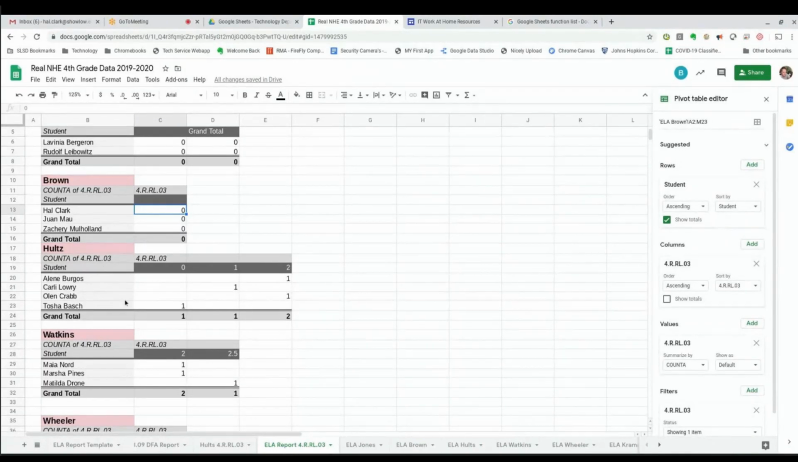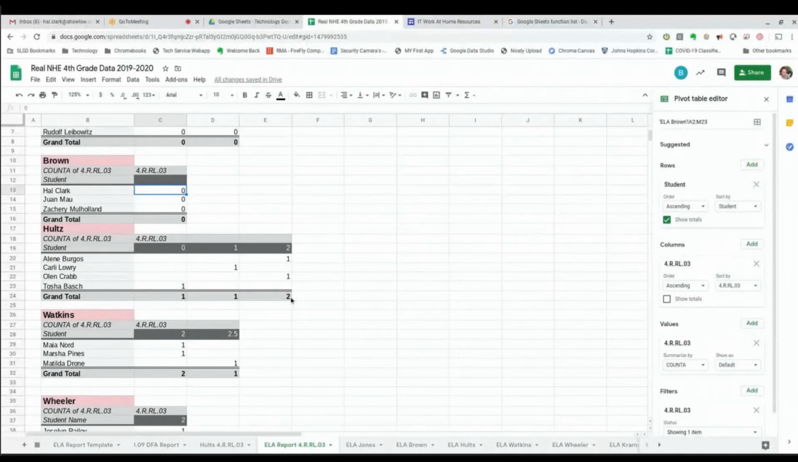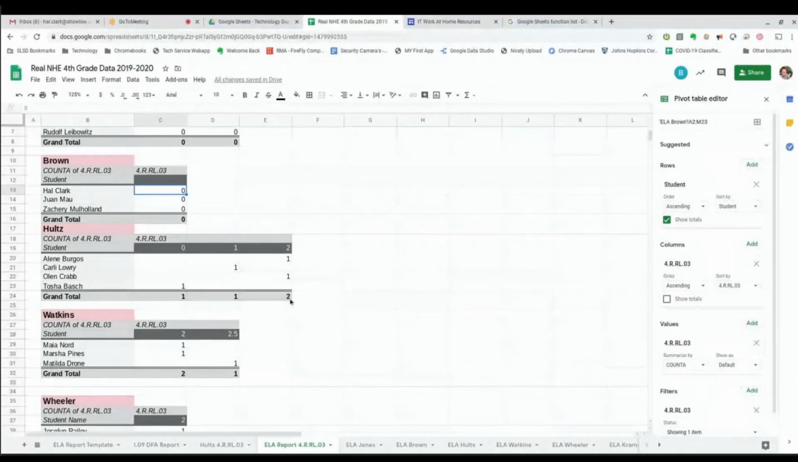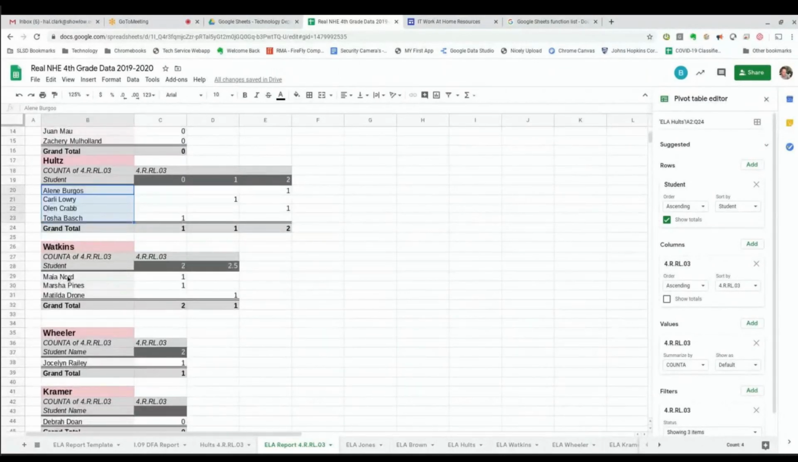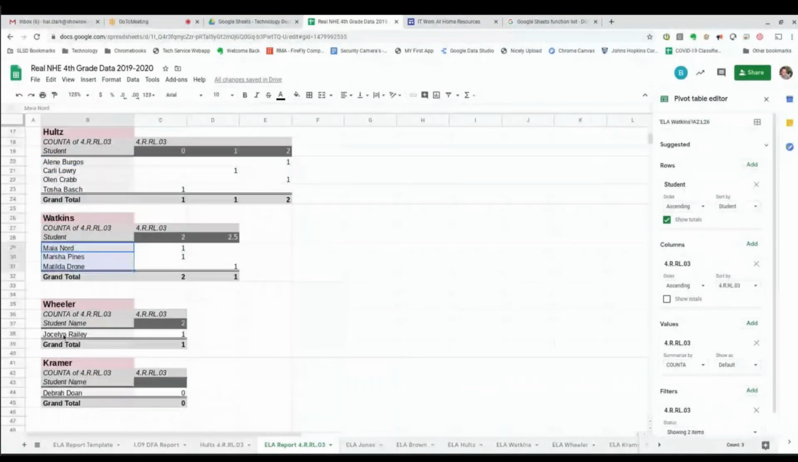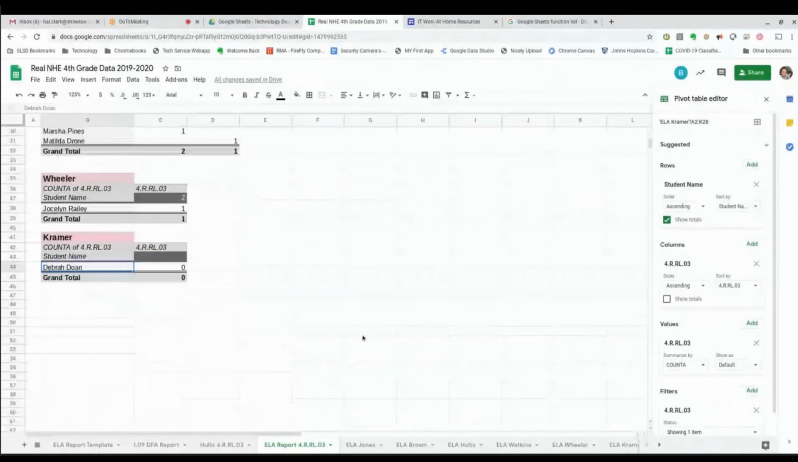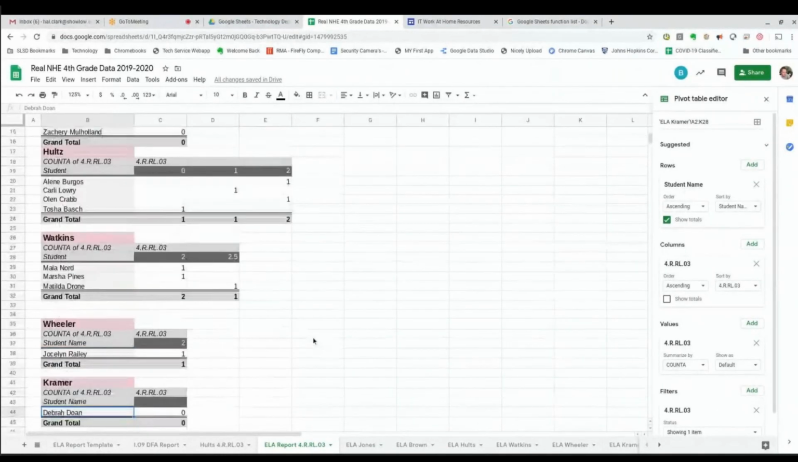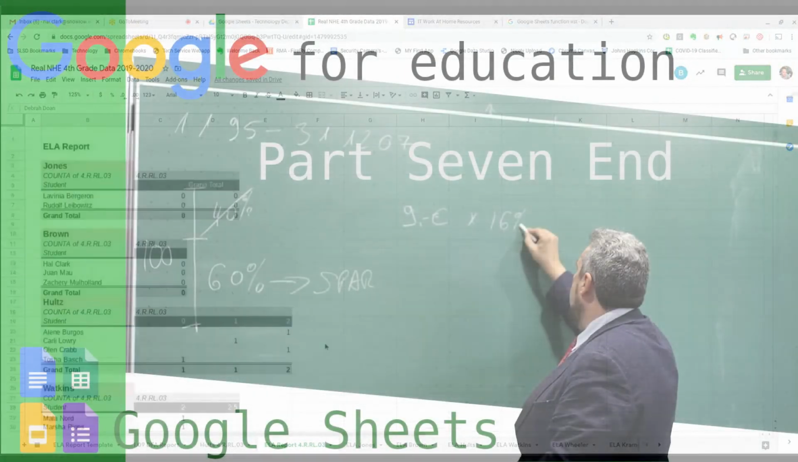Holtz had one student with a 0, one that got a 1, and two that got 2 on their CFA. So you have your list of kids there. Watkins had 3 as well that need to be pulled out. Wheeler had 1, and Kramer had 1. So I think that this is something that you guys could easily